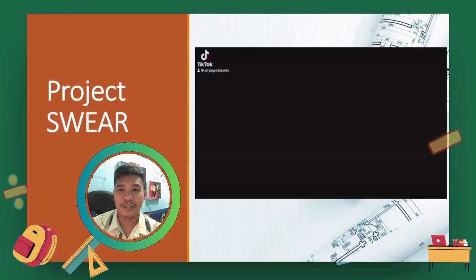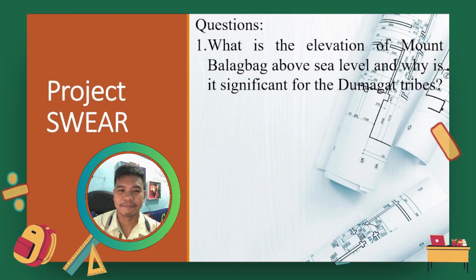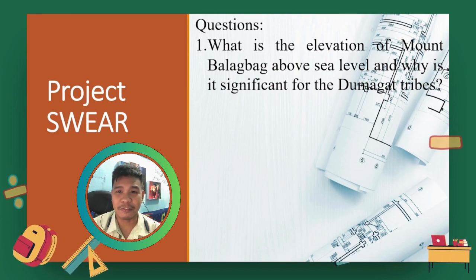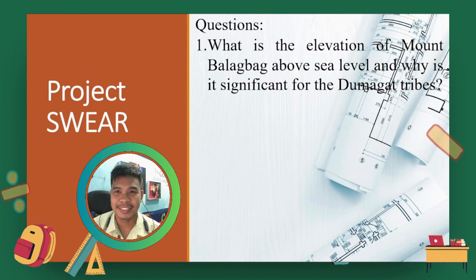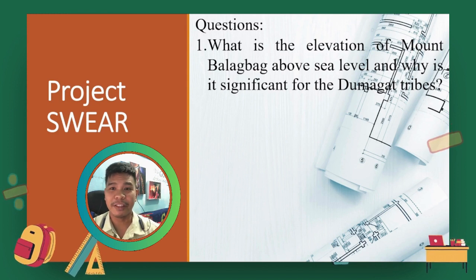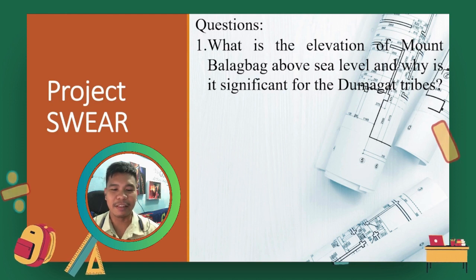To continue, let us answer the following questions about the passage. First question. What is the elevation of Mount Balagbag above sea level and why is it significant for the Dumagat tribes? Very good. The elevation of Mount Balagbag is approximately 777 meters above sea level. This height is significant for the Dumagat tribes because it symbolizes a sacred site deeply intertwined with their spiritual beliefs